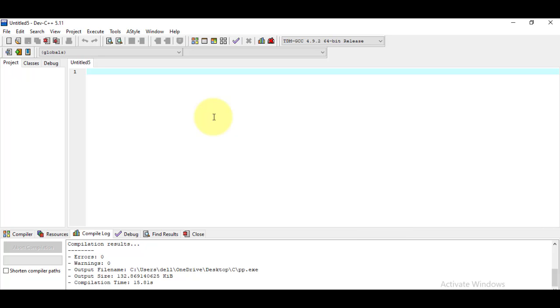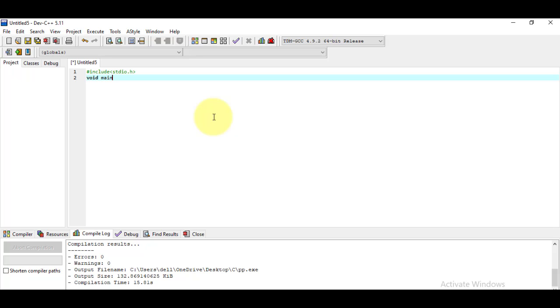First I'm going to show you how to write the infinite loop. For that I am declaring a header file, #include <stdio.h>. Then I write the void main function, and here we start the body of the main function.